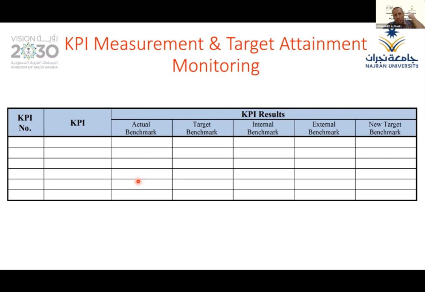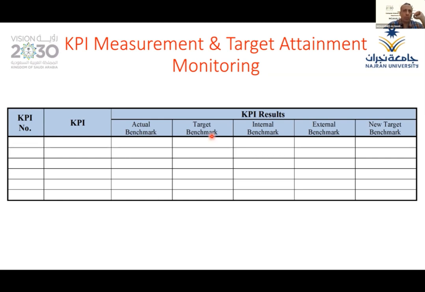However, last year we had some target. We needed this year each faculty member to have at least 1 publication. So this is the target benchmark, which is predefined previously. For example, the target benchmark was for 1 faculty member to publish at least 1 paper per year. Our actual benchmark, alhamdulillah, from the data that we collected, was that 1 faculty member published 3. Alhamdulillah, we achieved the target.